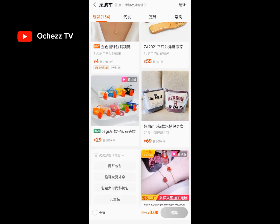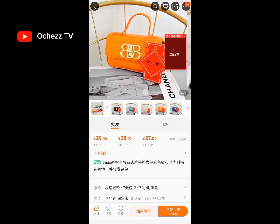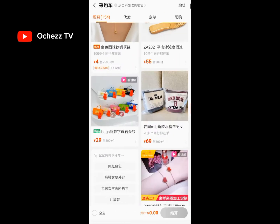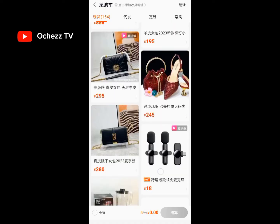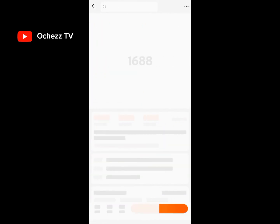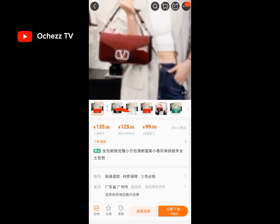Can you see that? Can you see this one? Can you see? Very beautiful. They are selling this for just 2,000 or 3,000 naira. So this is how to source for branded products. You keep scrolling down, keep clicking. Look at this Louis Vuitton bag too. They are selling it for 135 RMB. That is